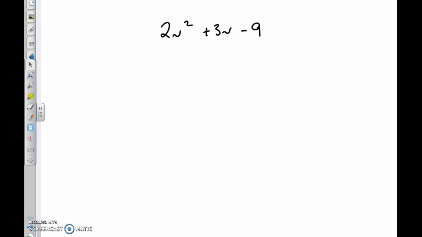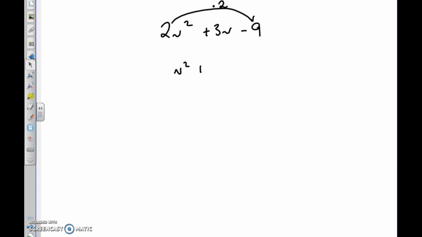And you'll see why it's called bottoms up as I get to the end. But the first thing is we need to get that leading coefficient to be a 1. So we kind of manipulate our equation here. We take this 2 and we multiply it to the end. So I'm going to multiply by a 2. Okay? So when I multiply that, we're going to get rid of that 2 in the front, and now it